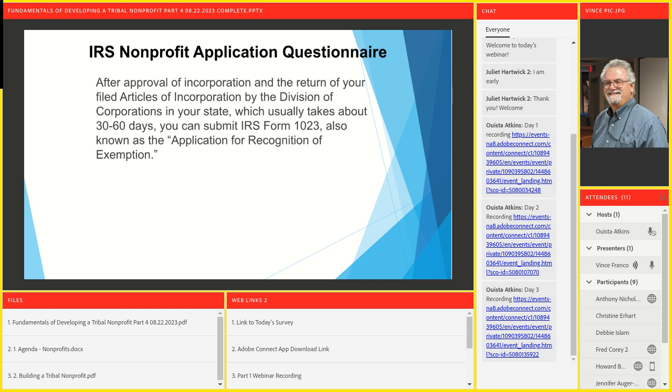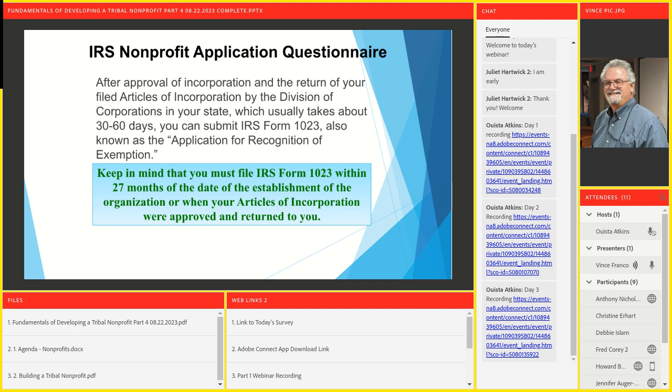These days, it's much quicker than that, folks. You could do the application online, and as long as you pay the fee same day, the turnaround is much quicker than 30 to 60 days, more like a week. With my organization, it took about 5-6 working days to get what I needed, which was a bona fide, legitimate copy of my articles signed off on a state level. All right.